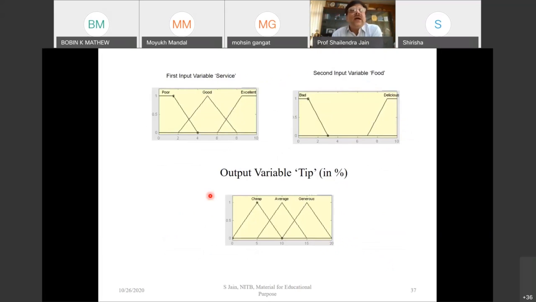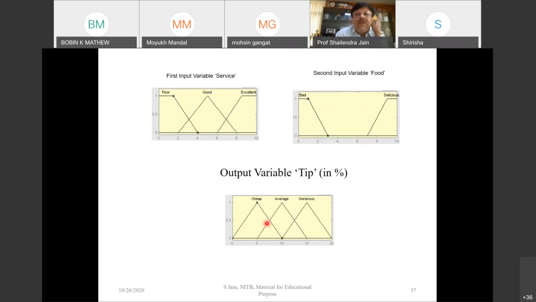So let's see, this is an example of membership functions. This is my variation for poor, this is for good, this is for excellent. So I have used a trapezoidal for poor and excellent and triangular for good. I mean, it's up to you. There are no defined rules. It's again based on your experience. Similarly for bad and delicious, anything greater than 8 or 9 I am considering. In all other cases it is 0.